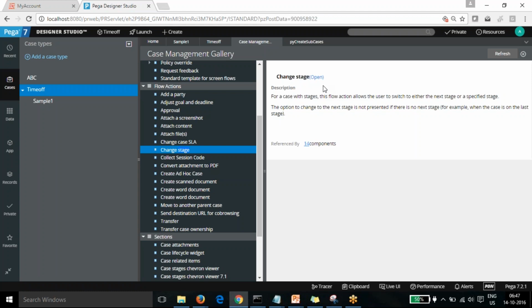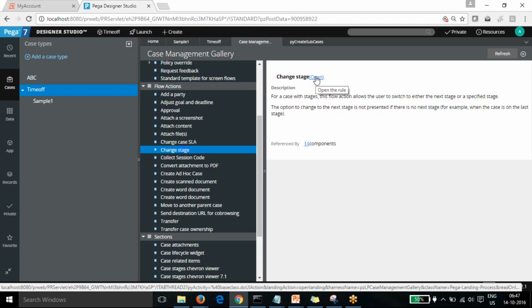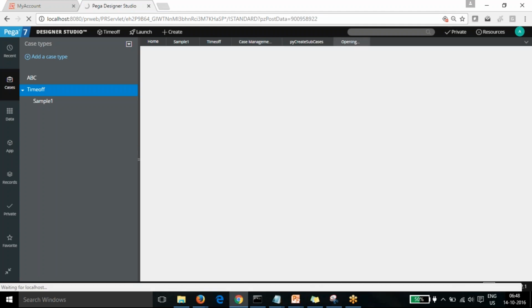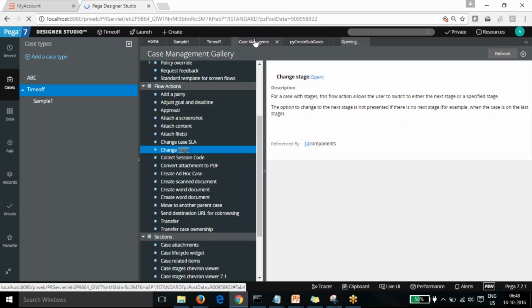Within multiple stages, if you want to change from one stage to another, from primary stage to alternate stage, and from alternate stage back to primary stage, we can use this local action. This is actually a very good feature, and all the samples are already there.